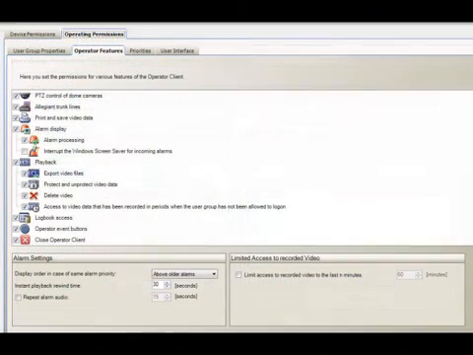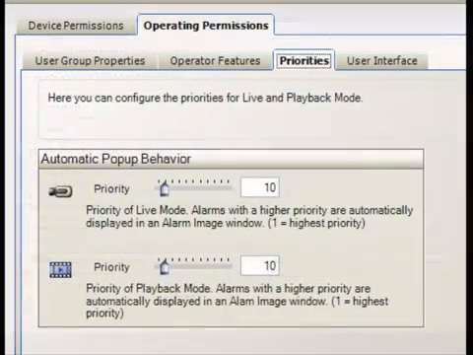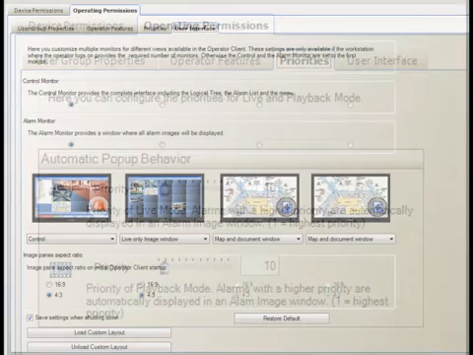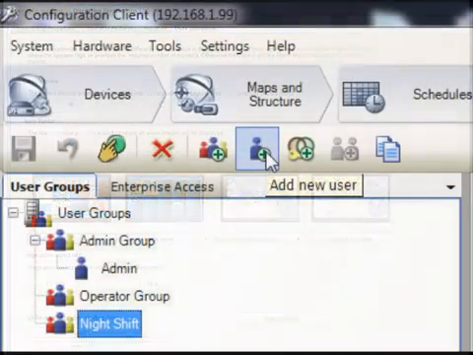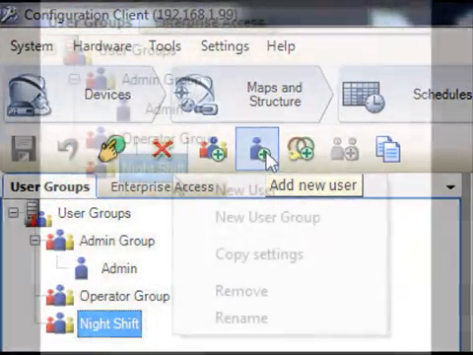The Operator Features tab allows you to restrict specific features that are available in BVMS Op Client. You must review this tab thoroughly for any group that you create. Other submenus are Priorities for pop-up behavior and User Interface, which is applicable to BVMS Operator Client machines with multiple display monitors. To add a new user, simply click on the Add New User button or right-click the new group